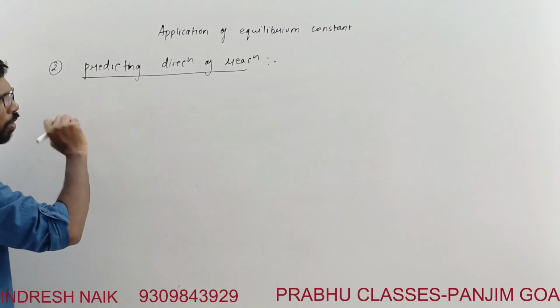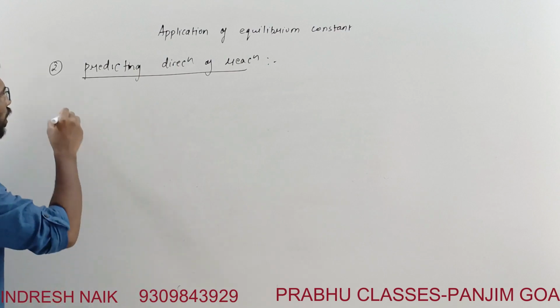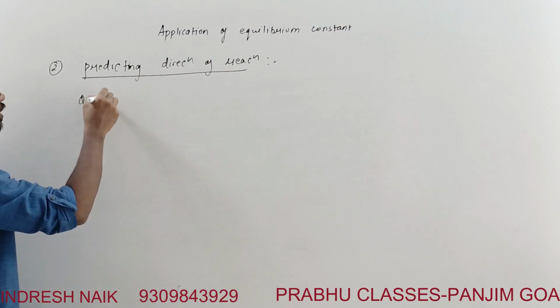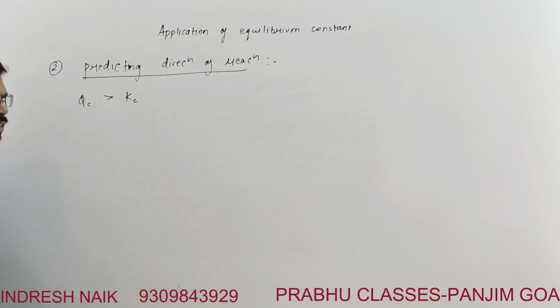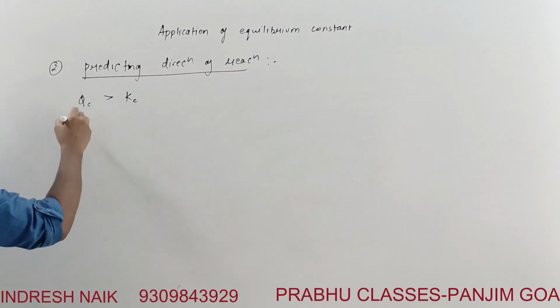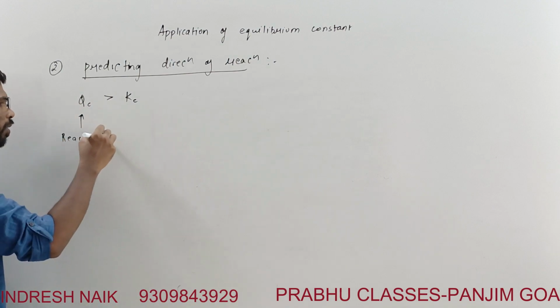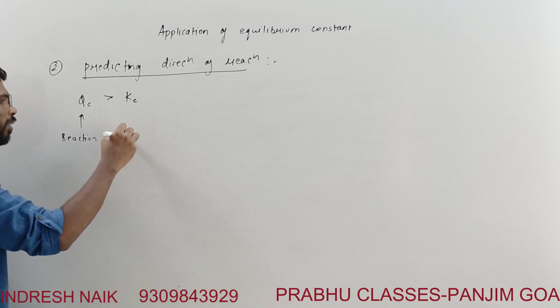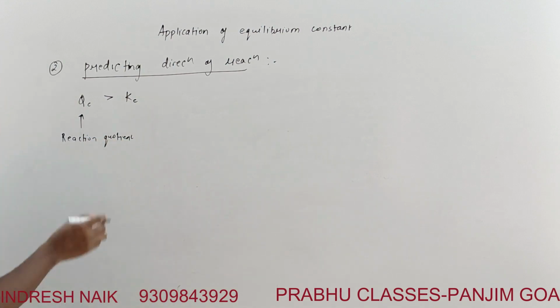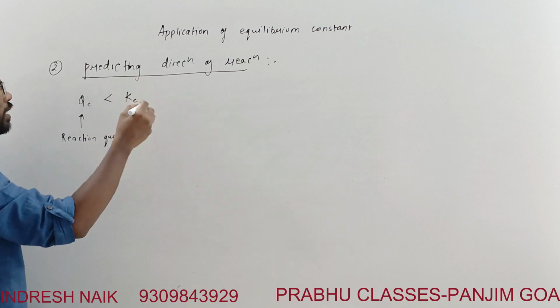Like there is something called Qc. I'll just write the conditions first. Qc is called the reaction quotient. If Qc is less than Kc,